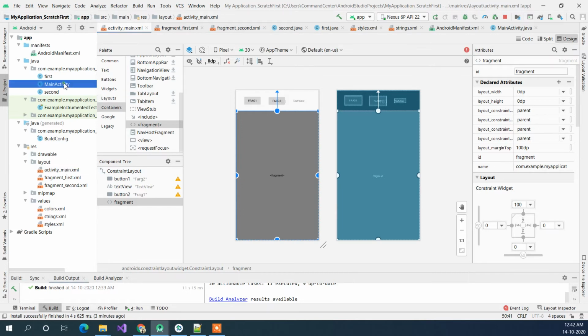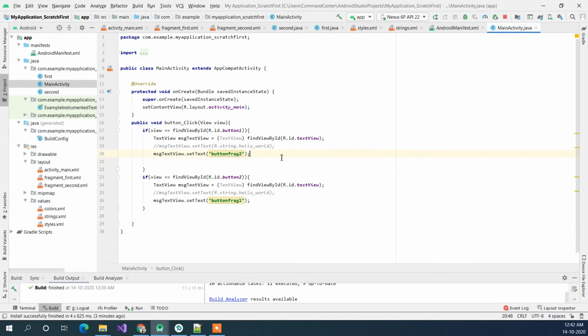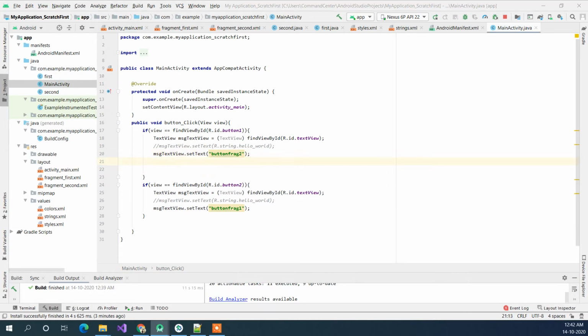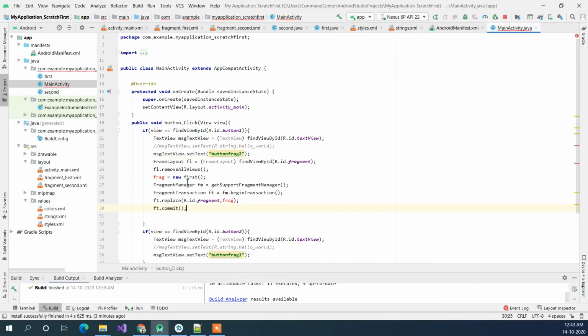After adding that, we need to go to the main activity. Here we need to write a few lines of logic, which again I will copy paste, and which can be used in almost every type of similar scenario. So here we are using the fragment ID to get a frame layout and remove all views.